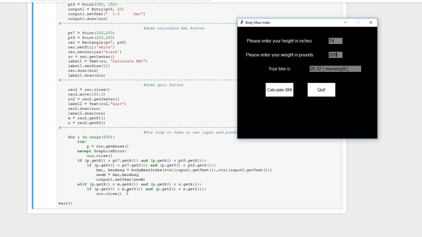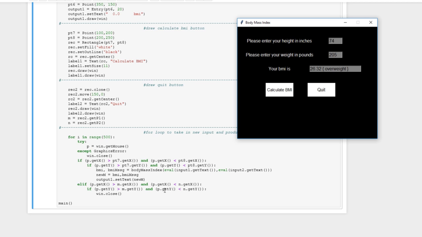And the same goes for the quit button. It is only when I click inside this area here, okay, because remember, we got the opposite points of this rectangle object and assigned them to variables m and n, and then we compare the x and y coordinates of